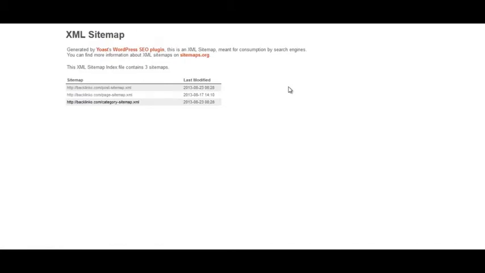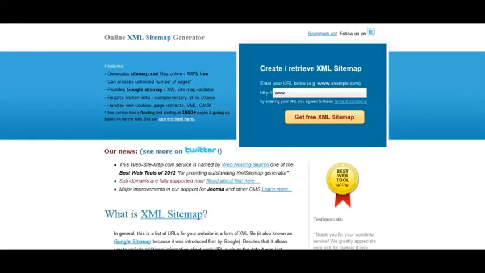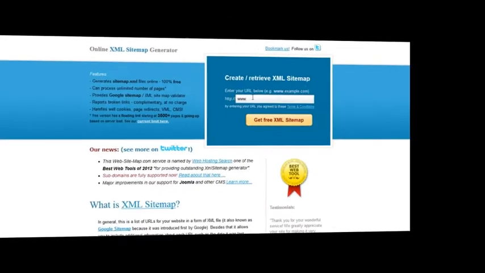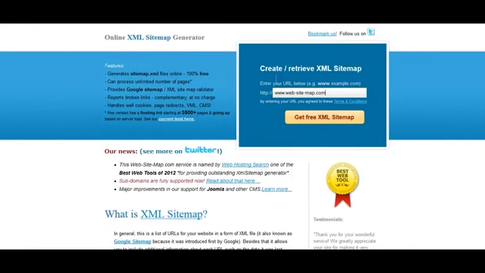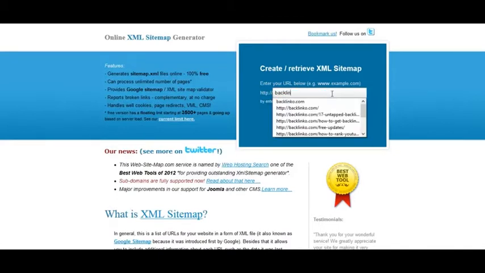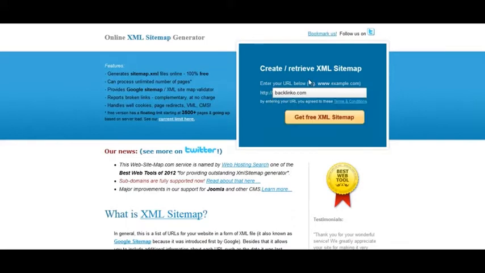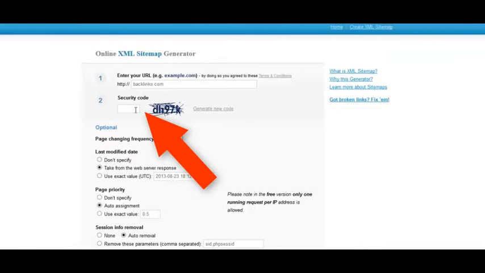Now, what if you're not using WordPress? Well, it's a little more complicated to set up a sitemap, but it's actually not that hard. You just want to use a tool called Online XML Sitemap Generator, which is at Sitemap.com. This is the place you want to go to create a sitemap if you don't use WordPress. So what you want to do is enter your site into here, so backlinko.com in this case. Click on Get Free XML Sitemap, then enter the CAPTCHA,